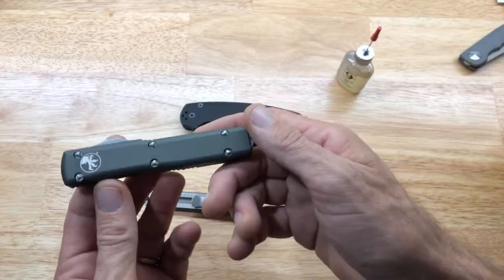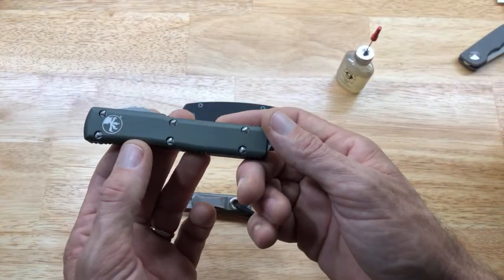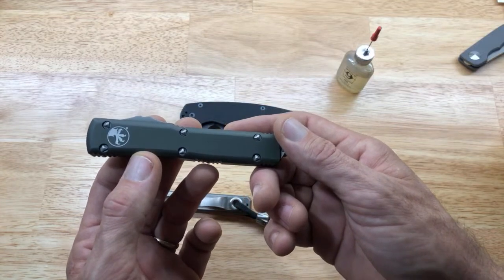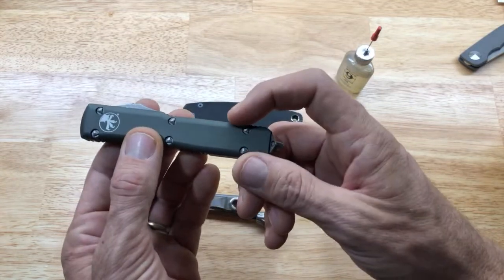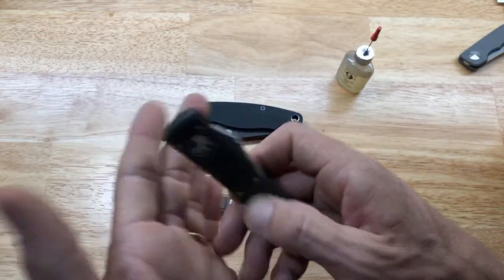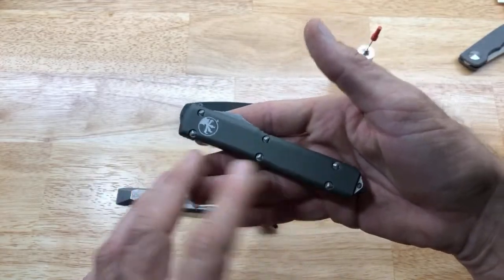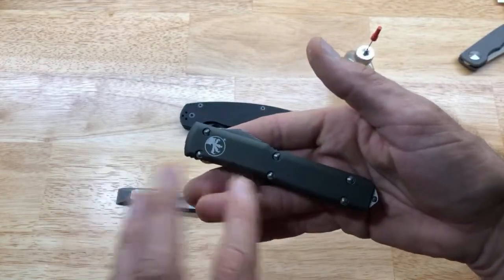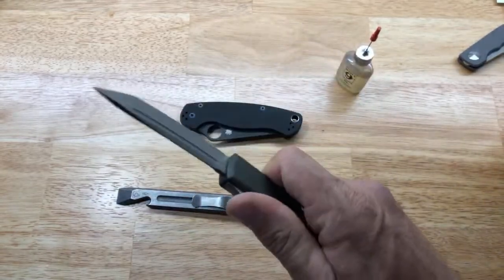I know that when you see these things disassembled, I want to say the lock that keeps it open is like here-ish, and the lock that keeps it closed, I think, is actually back here on this side. Could be wrong. I'm probably wrong. I bet you they're both on the same side. Actually, yeah, why would they be on opposite sides? Because it's one spring. Yep, that's what it is. Anyway,